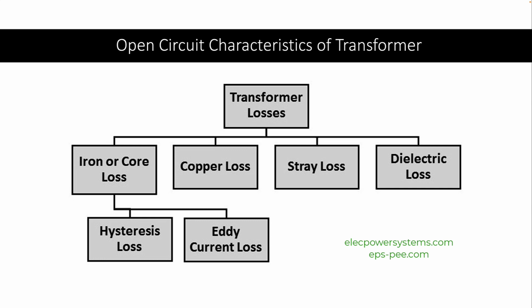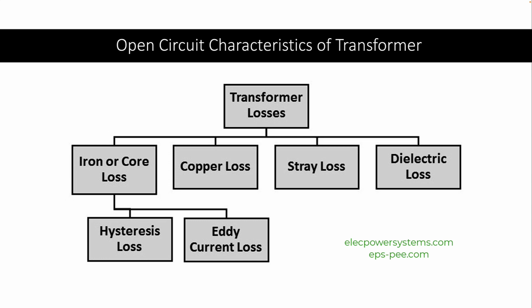Eddy current loss, on the other hand, occurs as a result of induced currents circulating within the core's laminations, leading to resistive losses. These core losses contribute to the overall power dissipation in the transformer, and they are an important factor in determining its efficiency. When the secondary winding is open-circuited, the transformer's primary current is primarily composed of the exciting current and